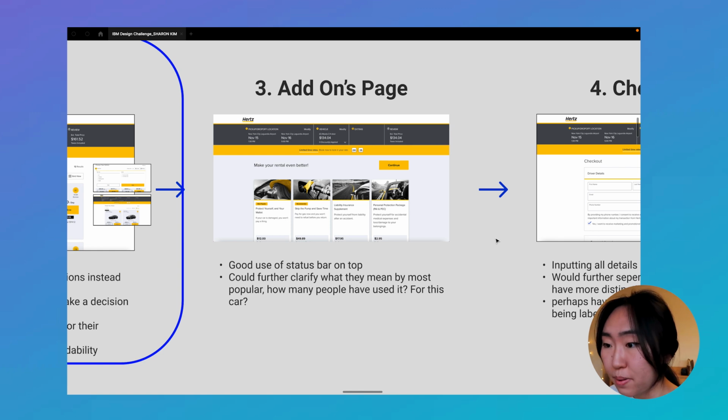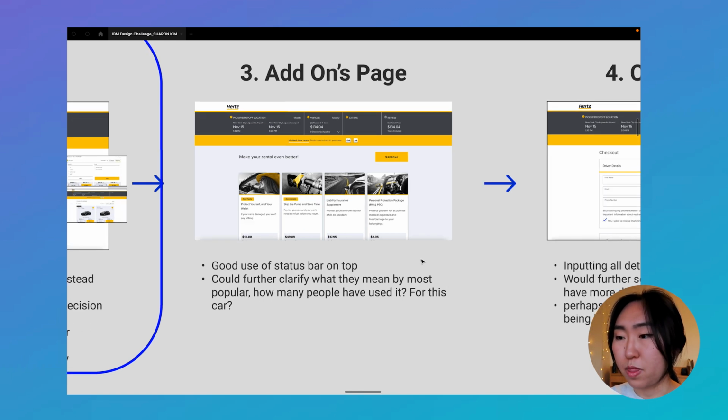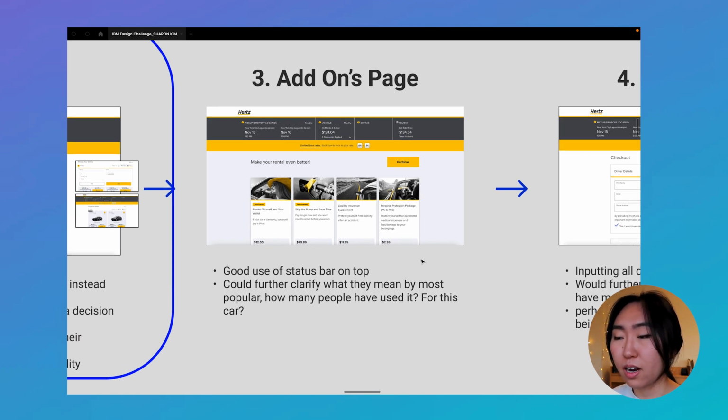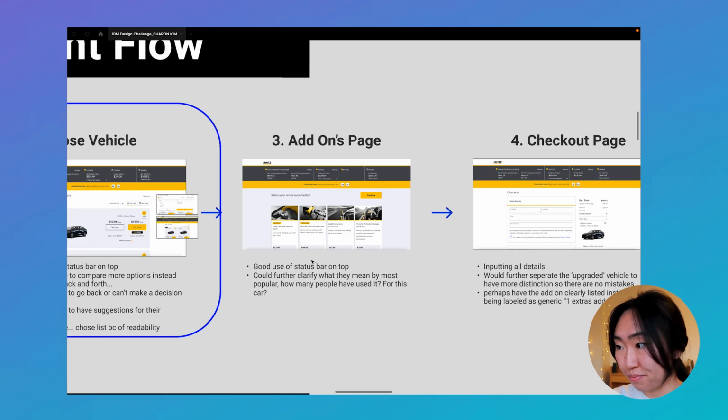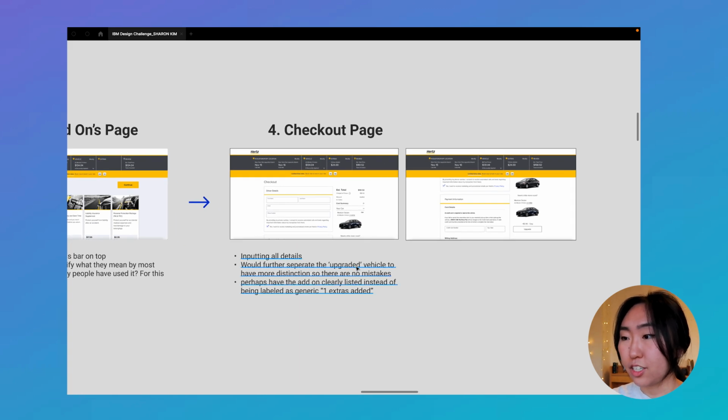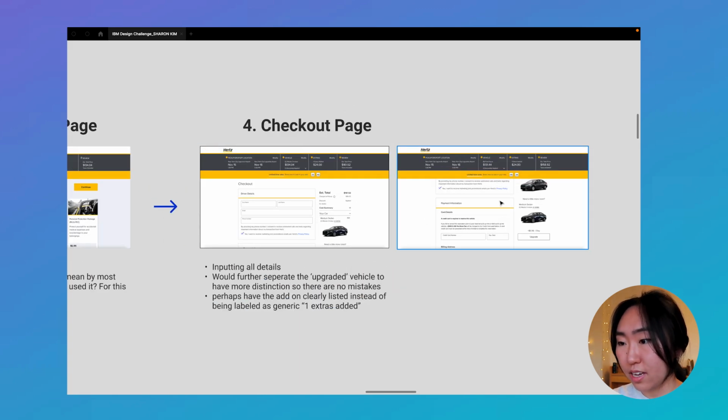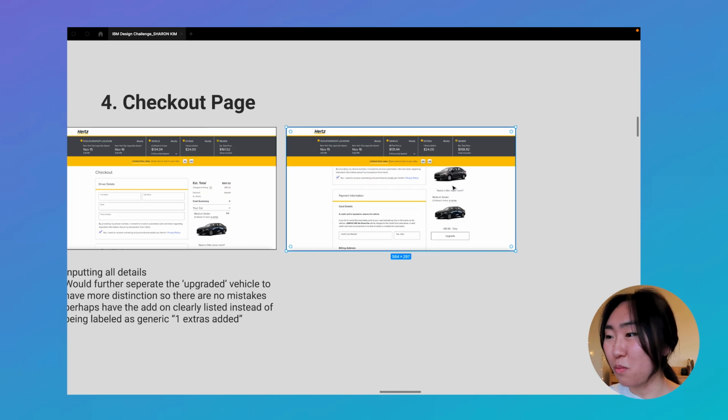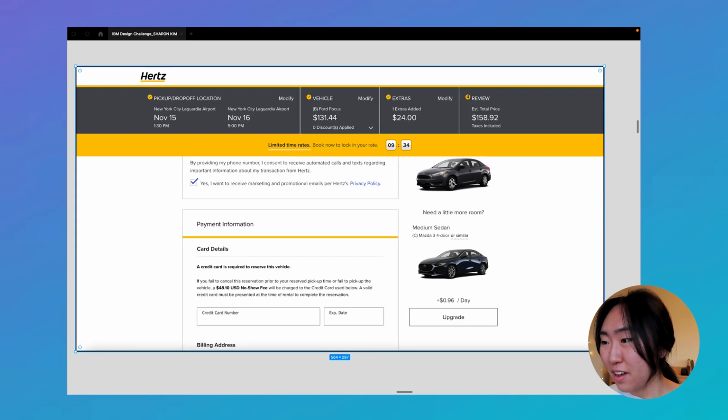Continuing on to the add-ons page, love the status bar, but I felt like they could further clarify what they mean by most popular, some information about how many people have used it, what the reviews are like, things of that nature. And last being the checkout page, where you do have all these details. However, I would separate this section of wanting to upgrade to this car, as there's little distinction between the top and bottom, and I feel that there is more room for error of them accidentally upgrading